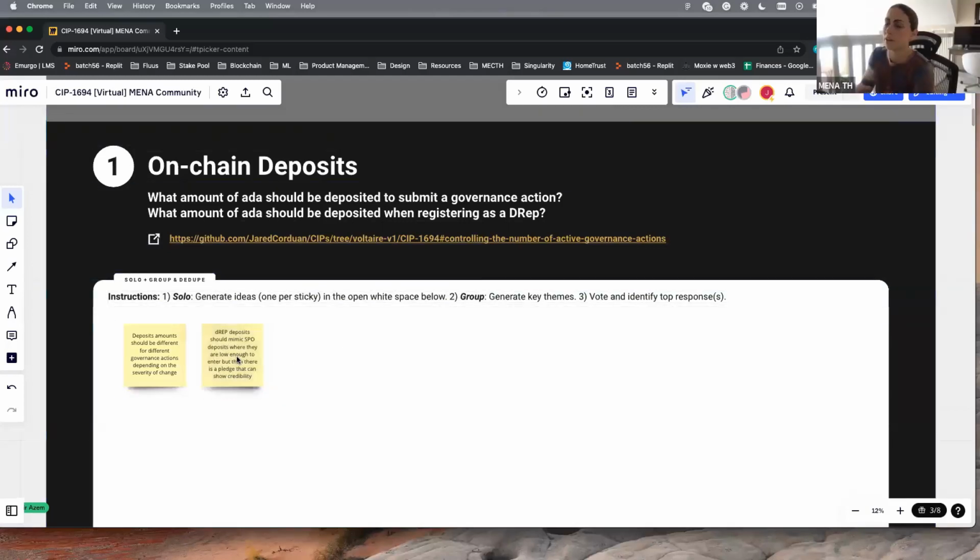Yeah, I agree with that. I think the DApp deposit should be enough that anyone can become a DApp, and then it's more social after that. Why should a DApp have a deposit in the first place? I'm thinking it makes sense for an SPO because they're managing the network, they're minting blocks, and they can harm or attack the network. DApps, I mean, why do they need to put a deposit? Why should they lock funds? What's the point?